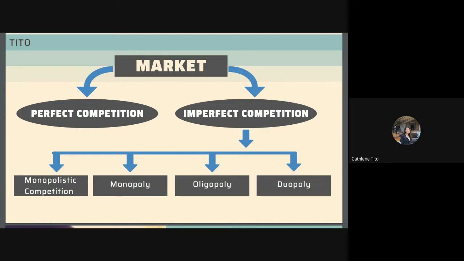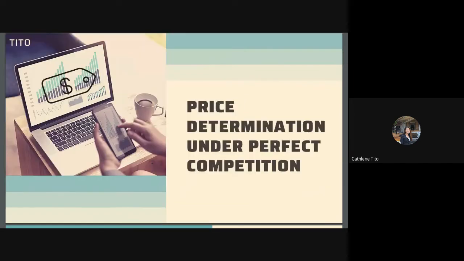Markets, as shown in the diagram, are typically divided into two main categories: perfect and imperfect competition, in which monopolistic competition, monopoly, oligopoly, and duopoly belong. So this part that I will be discussing will only focus on perfect competition, specifically in price determination. So first,